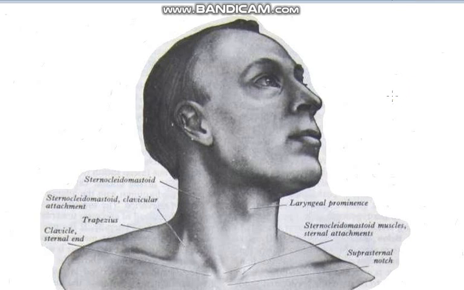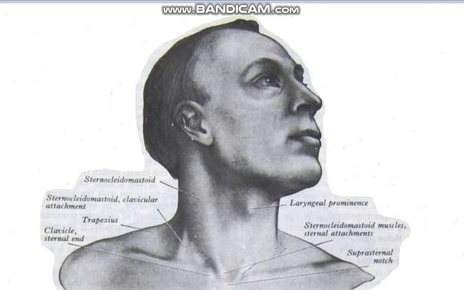Hello everyone. Today we are going to take up the study of the hyoid bone. First, let us try to place the hyoid bone in the neck. So where exactly is the hyoid bone? It is somewhere here, just below the floor of the mouth and just posterior to the chin.